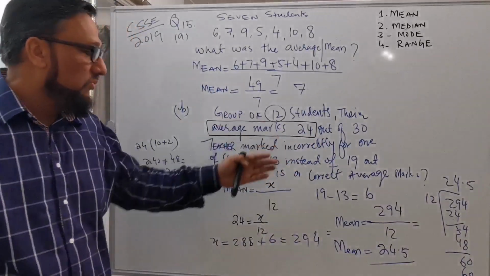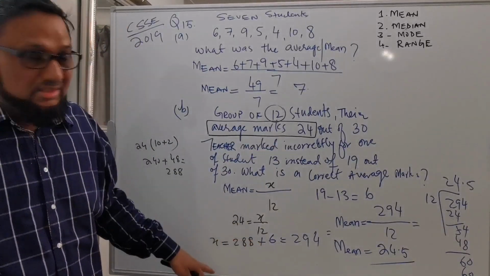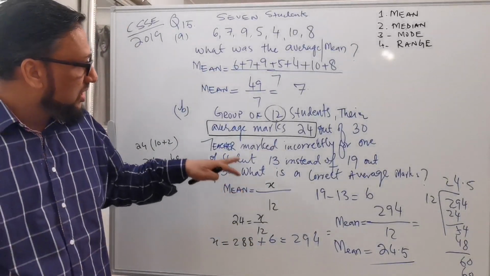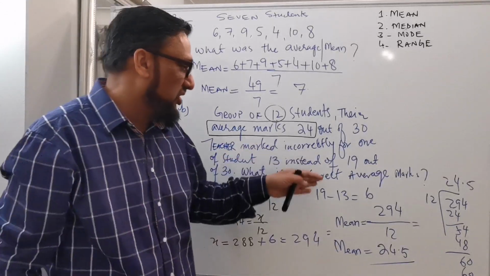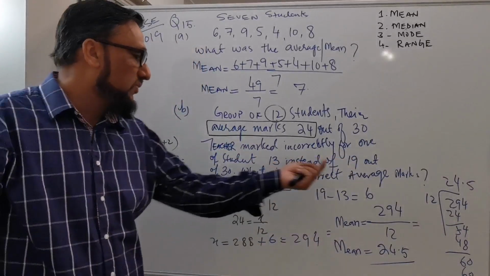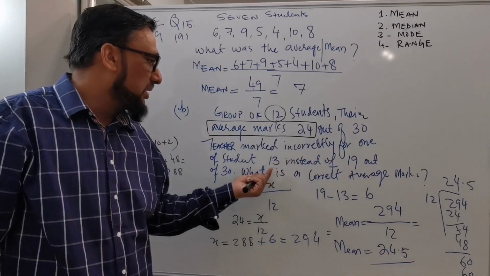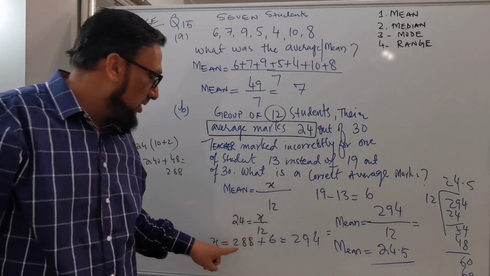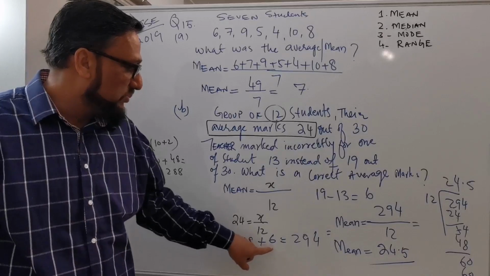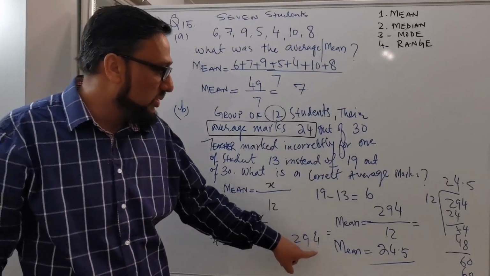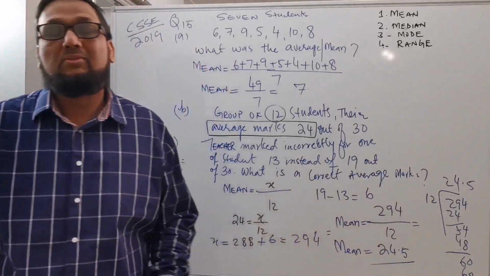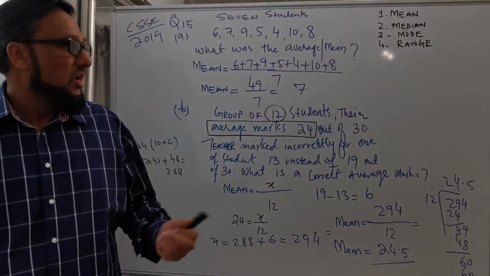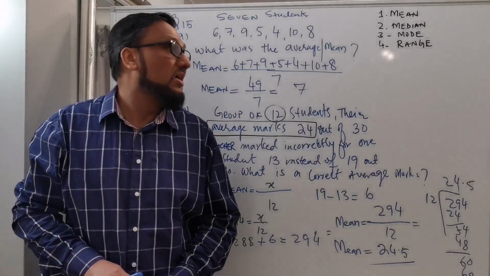But we corrected it by adding 6, because she incorrectly marked 13 instead of 19. The difference between 19 minus 13 is 6. So we add 288 plus 6, which is 294, and 294 divided by 12 comes to 24.5. So this is the answer for